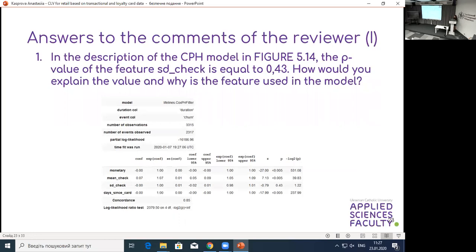So now, of course, I obtained the reviewer questions, and I would like to answer them. It was so great indeed, because he pointed me to places I never thought about. It was a miss from my observation. So he asked me, why do you include the variable into the Cox proportional hazard model regression, which has